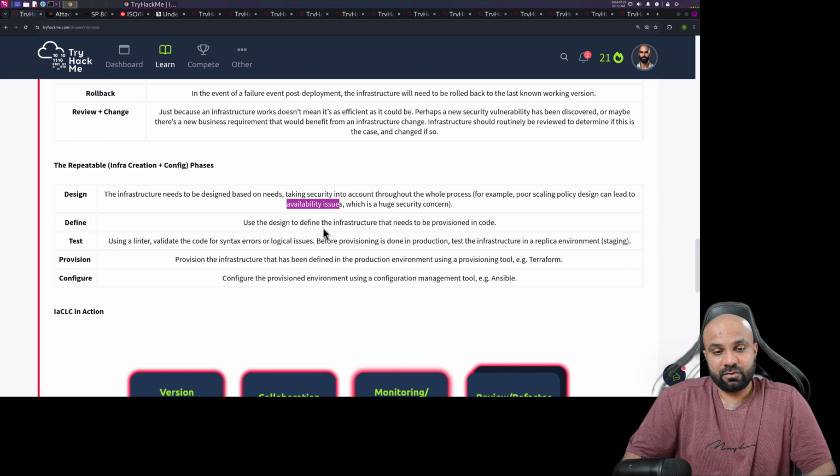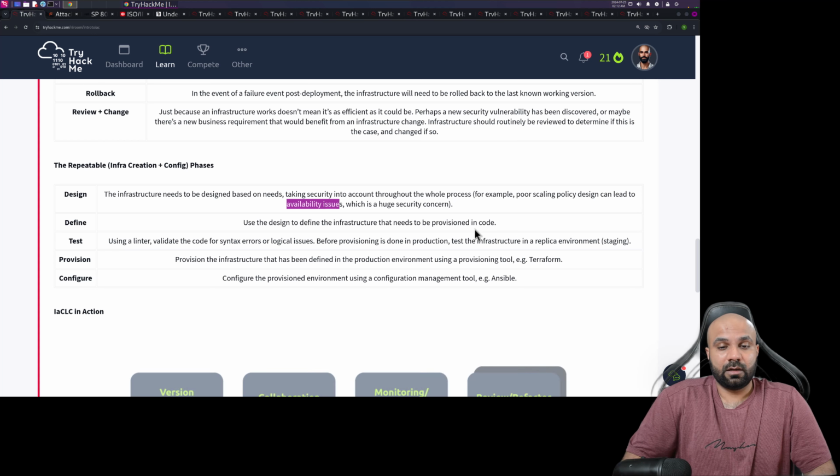Okay, define. Use the design to define the infrastructure that needs to be provisioned. For example, you need 2 VMs for AD, 2 VMs for controller, 2 VMs for load balancer, 2 VMs for database, 2 VMs for your web application, like that. So you are covering high availability here. Okay. Now for security,